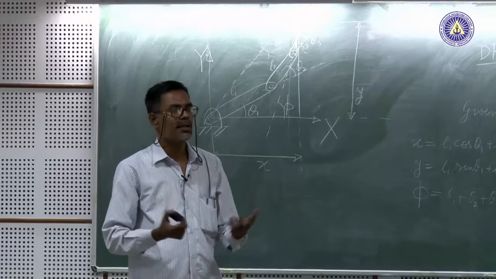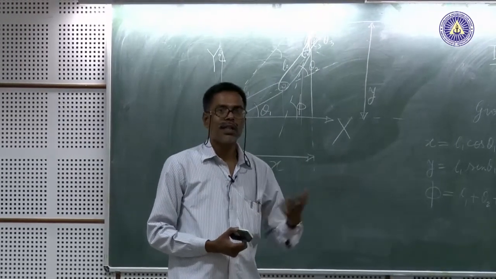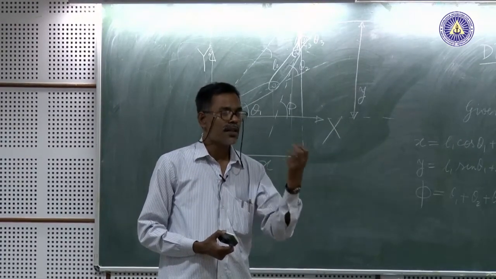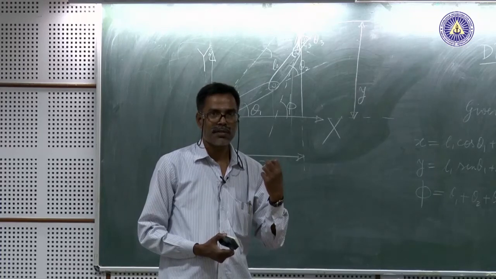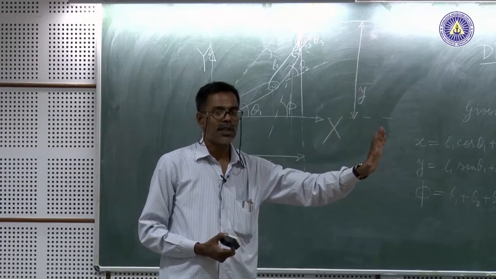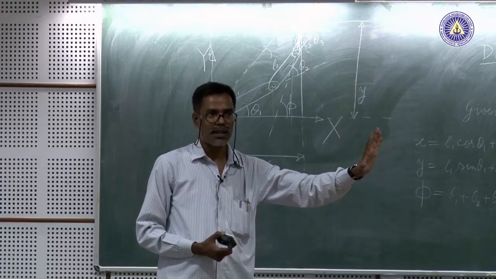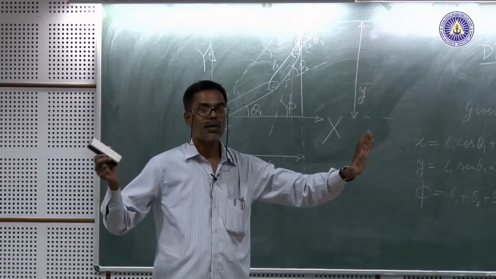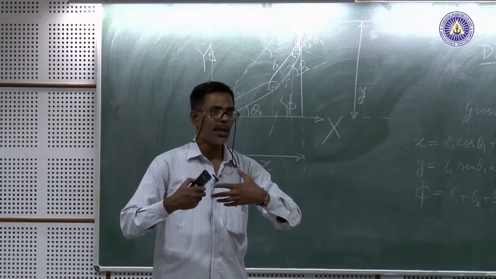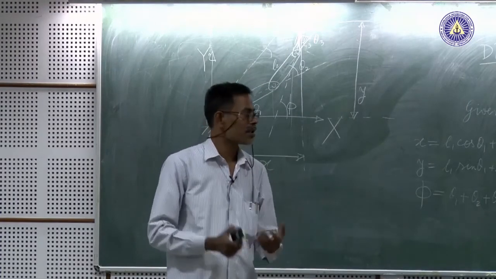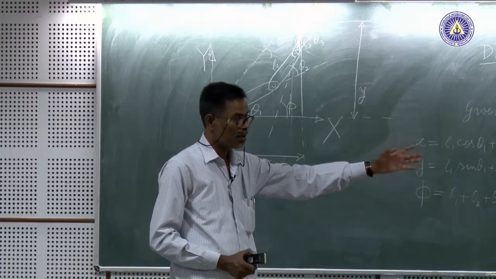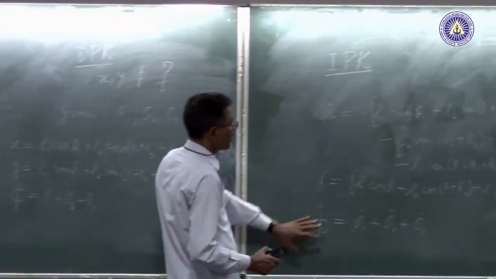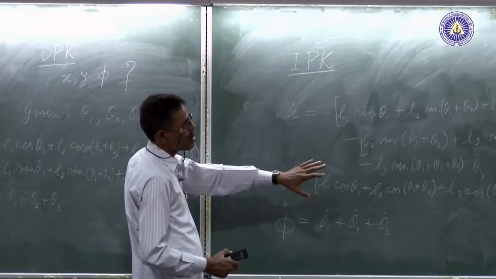involving sines and cosines, and it will not be so in the case of acceleration relationships also, because there some extra centripetal and Coriolis terms come, that is acceleration of the output is not linear combination of the accelerations of the input, that is linear combinations of accelerations of input plus a few things. Those other few things are the centripetal and Coriolis components of the acceleration, but in the case of velocity relationship that holds, and that is why you can say that you can express output velocities as a linear combinations of